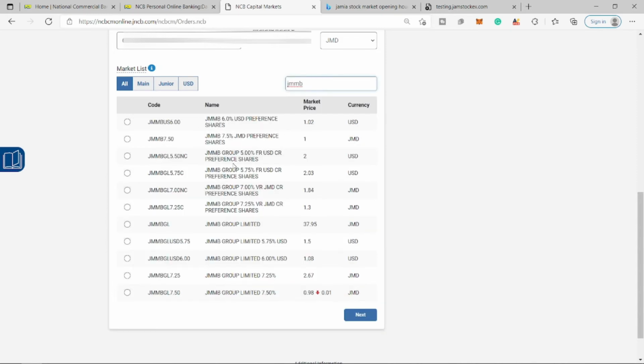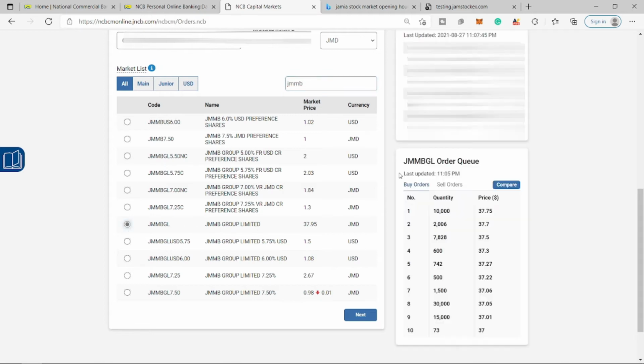As you can see, there are some preference shares, but we want the JMMB Group Limited, this one. Here you can see the order queue. This is where buyers and sellers are. So here is the number of buyers, what price they are looking to buy JMMB at, and here when you click sell orders, these are the price which sellers are willing to sell their stock. So this person is willing to sell 2,389 shares of his stock at the price of $38 per share. Now this buyer is willing to buy 10,000 units of JMMB at